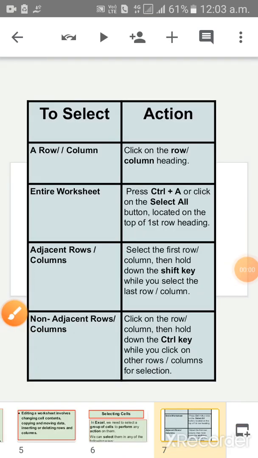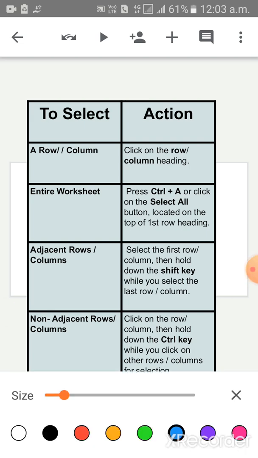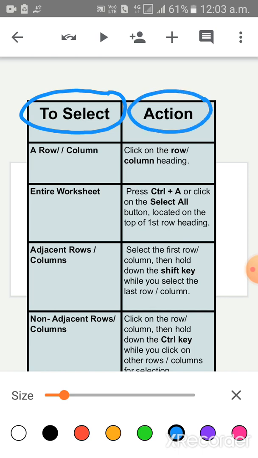Now children, look at the table. This is the select and this is the action. In this table, for a row and column, click on the row and column heading.